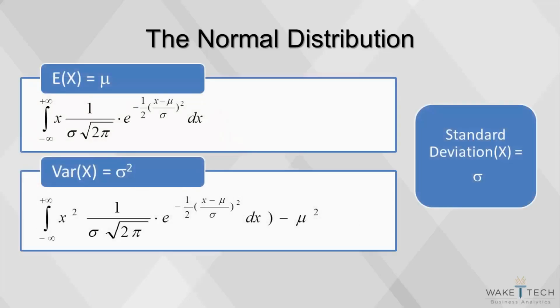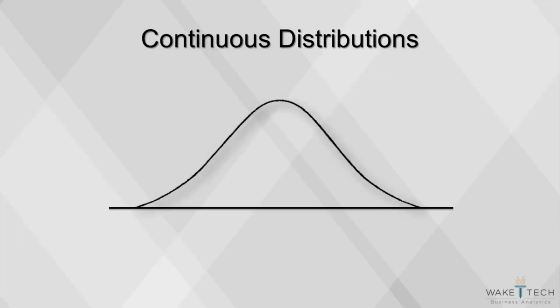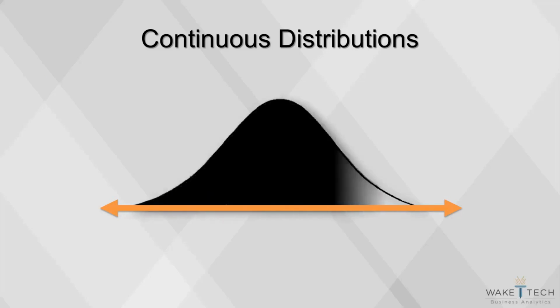The formulas for mean and standard deviation are very complex, but you will not have to compute them because the software will. With continuous variables, there is a continuum of possible values, such as all values between 0 and 100 or all values greater than 0. Instead of assigning probabilities to each individual value in the continuum, the total probability of 1 is spread over the continuum. Thus, the shaded area within the bell curve will always have an area of 1.